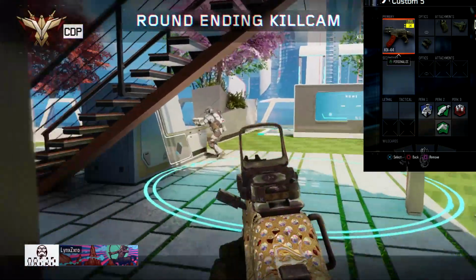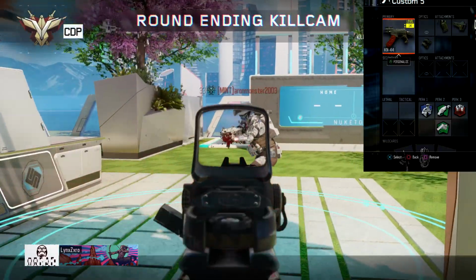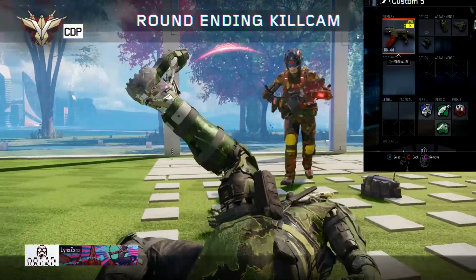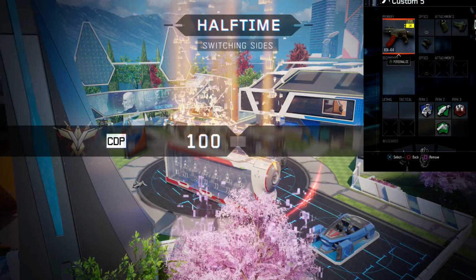Well, you don't want to make an SMG class and make all the perks for camping, because then why would you use an SMG for camping? It's for rushing, you know what I mean? So for this class with the KN-44, I have three attachments: Quick Draw,